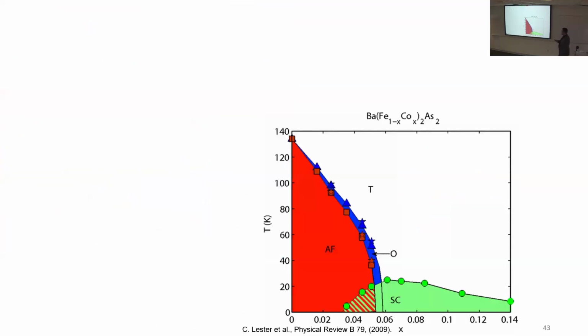And so this is the phase diagram for an iron-based superconductor. On the y-axis, we have the temperature, and on the x-axis, we have the doping with cobalt. This material is barium-122 cobalt doped. The reason that I'm going to be referring to this material for the remainder of this talk. The reason that you would want to